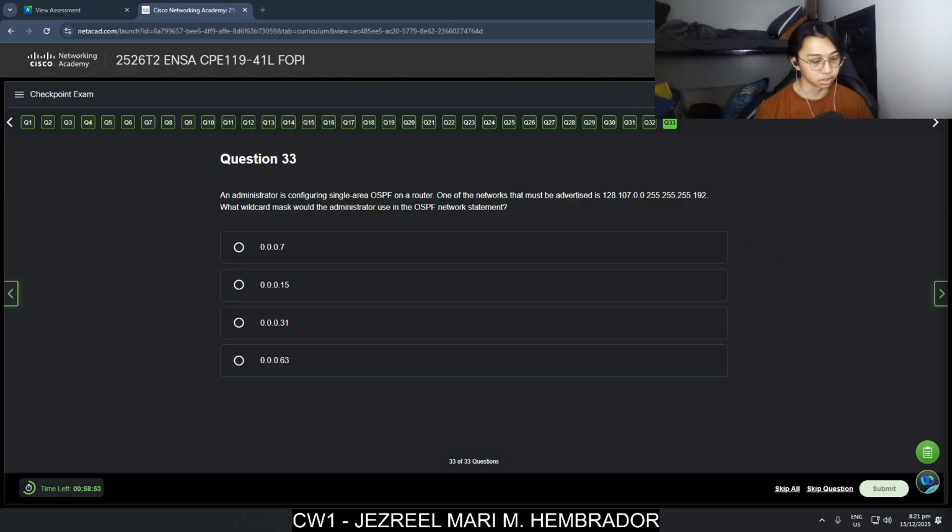What wildcard mask would the administrator use in the OSPF network statement? 0.0.0.7, 0.0.0.15, 0.0.0.31, 0.0.0.63.